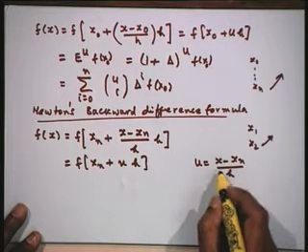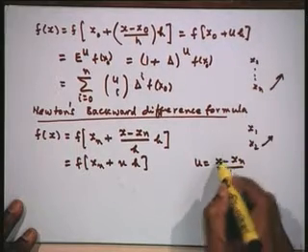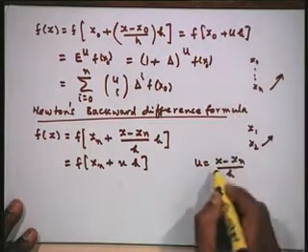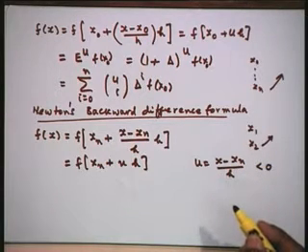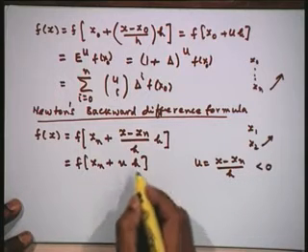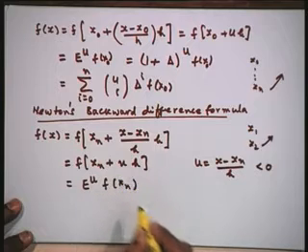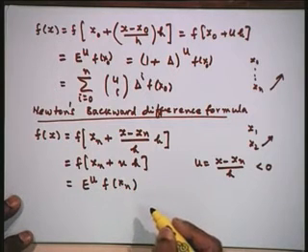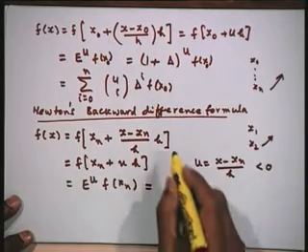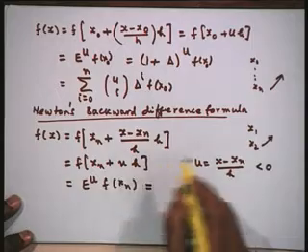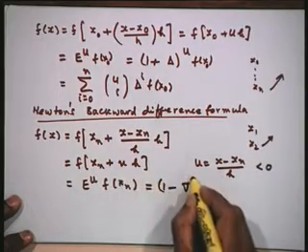But we note now that u is always a negative quantity, because xn is the last point and x1 is an intermediate point. Therefore x minus xn is always going to be negative, so this is always a negative fraction. Again we write this in terms of the shift operator as E to the power of u of f of xn. But we have proved the equality of the operator E with the backward difference operator: E is equal to (1 minus ∇) to the power of minus 1. So that is (1 minus ∇) to the power of minus u.